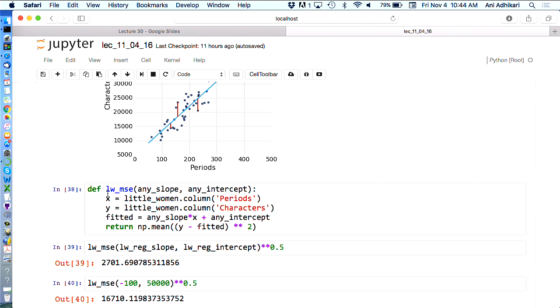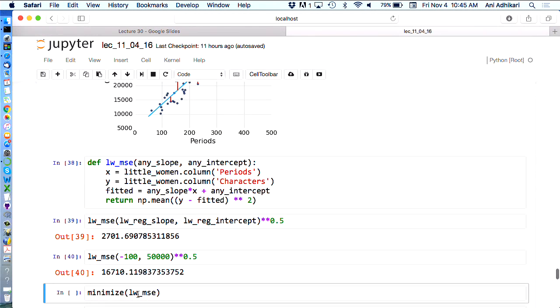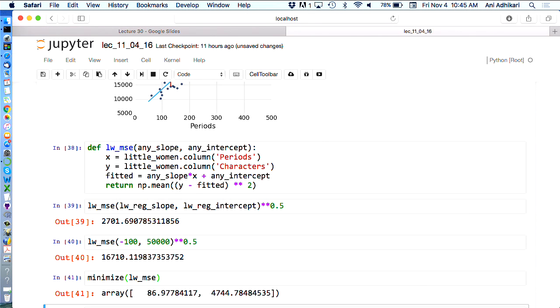So I remind you, we have defined a function, MSE. It takes two numerical arguments, a slope and an intercept. It returns a numerical value that is the MSE. We are now going to call, this is the new thing that we have not done before, we're going to call minimize on our function. What is minimize going to return? It is going to return an array consisting of the slope and the intercept. Which slope and which intercept? The ones that produce the smallest MSE, the smallest value of the function that we are feeding it. Okay, ready? So it's going to do basically all of the trial and error for us. How long is it going to take, I wonder? That's how long.